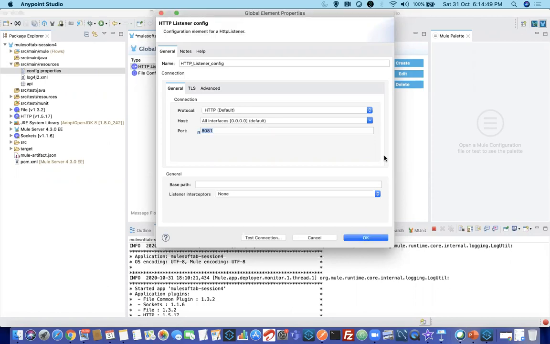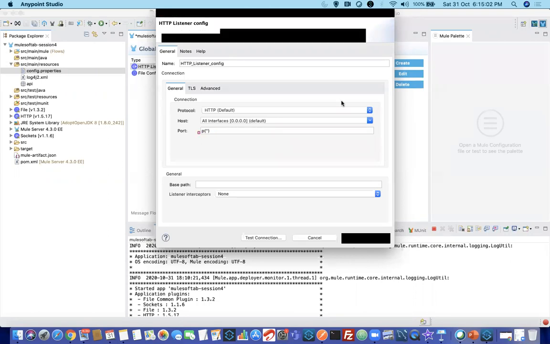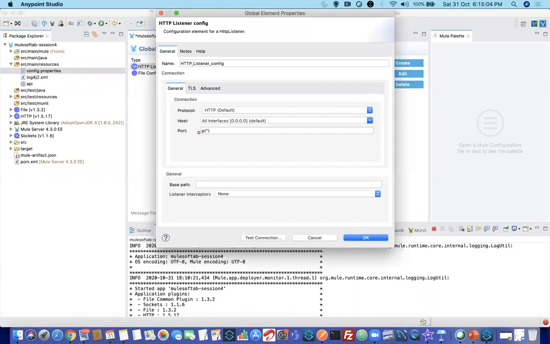P of will call the values after deploying the application, whereas dollar of will load the property values before deploying, during build time. So you cannot use p of http dot port like this. This is wrong, that's why it is still showing an error.